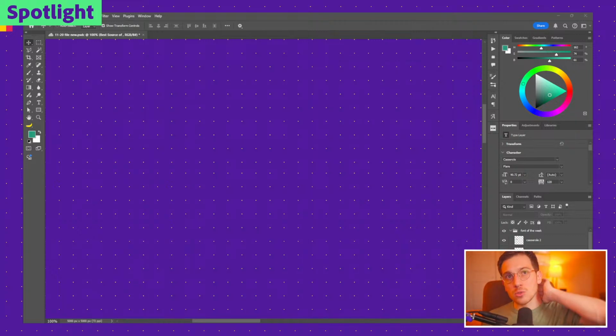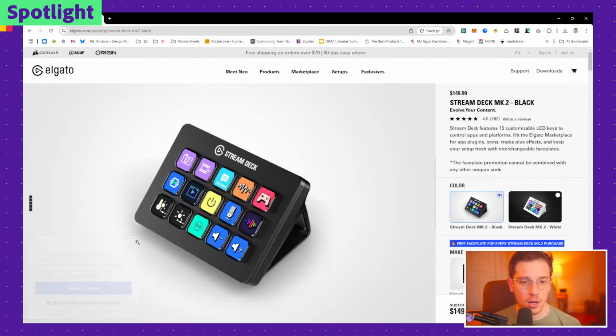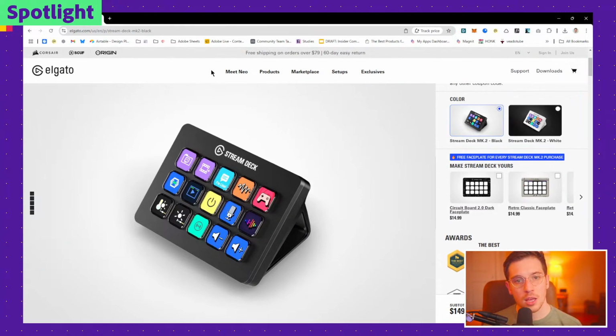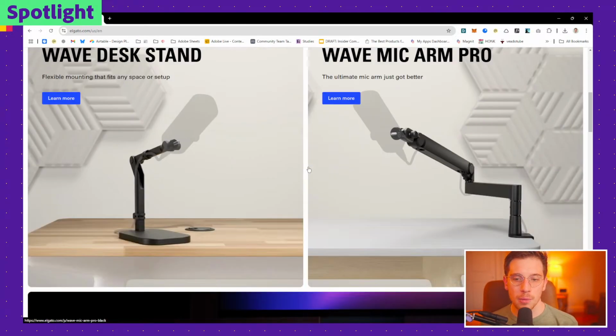Next up, one last one that we have, and this is one that I've had for a while. The Stream Deck. It's from Elgato. Elgato makes a lot of great creator tools for streamers. But the cool thing about it, and we talked about it a little bit on Adobe Live a few weeks ago, is you can take these buttons and remap them to be a bunch of different